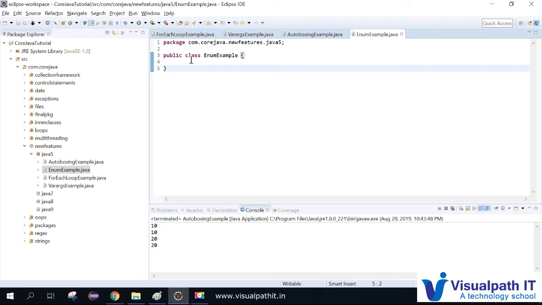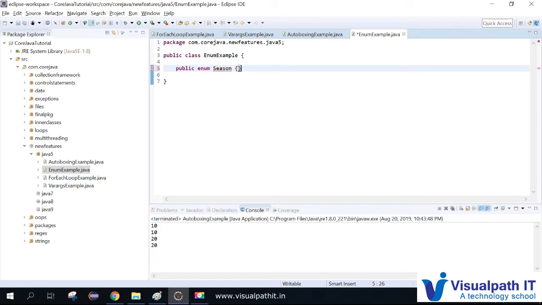The way to do this is public enum Seasons we can write.